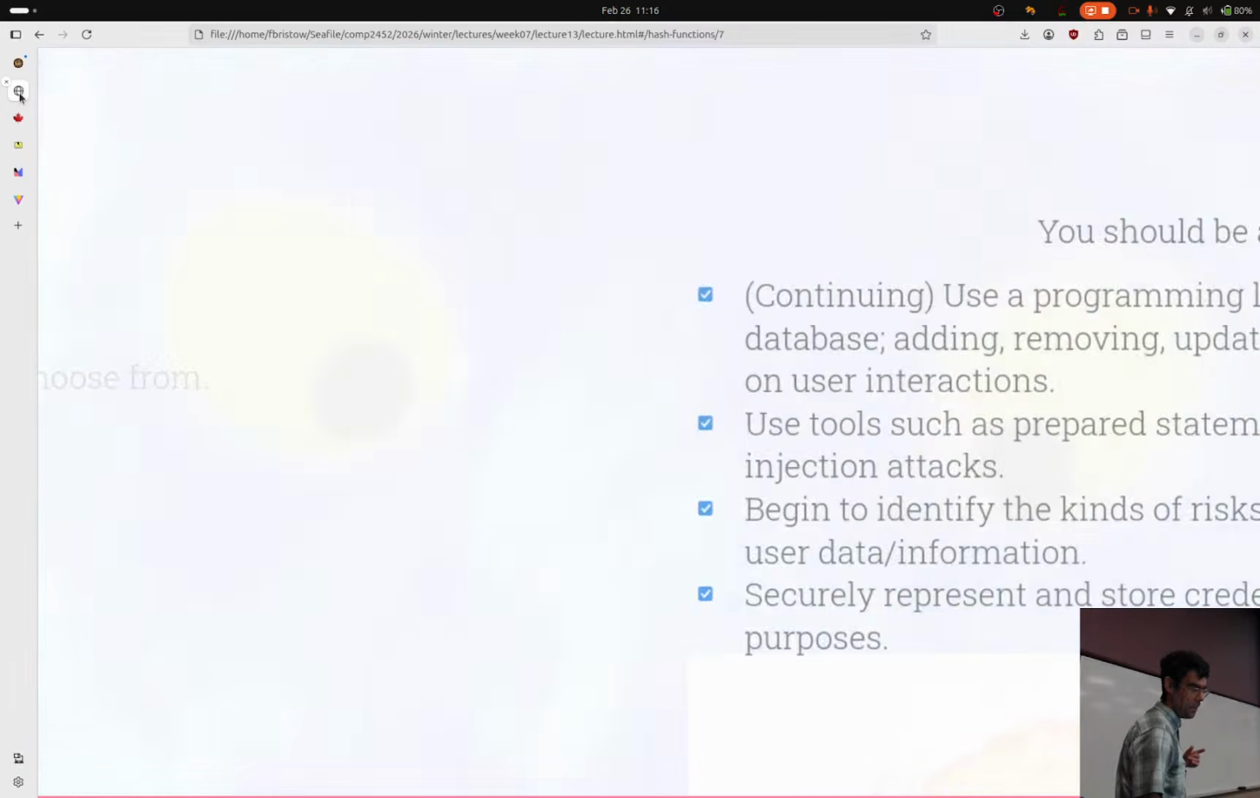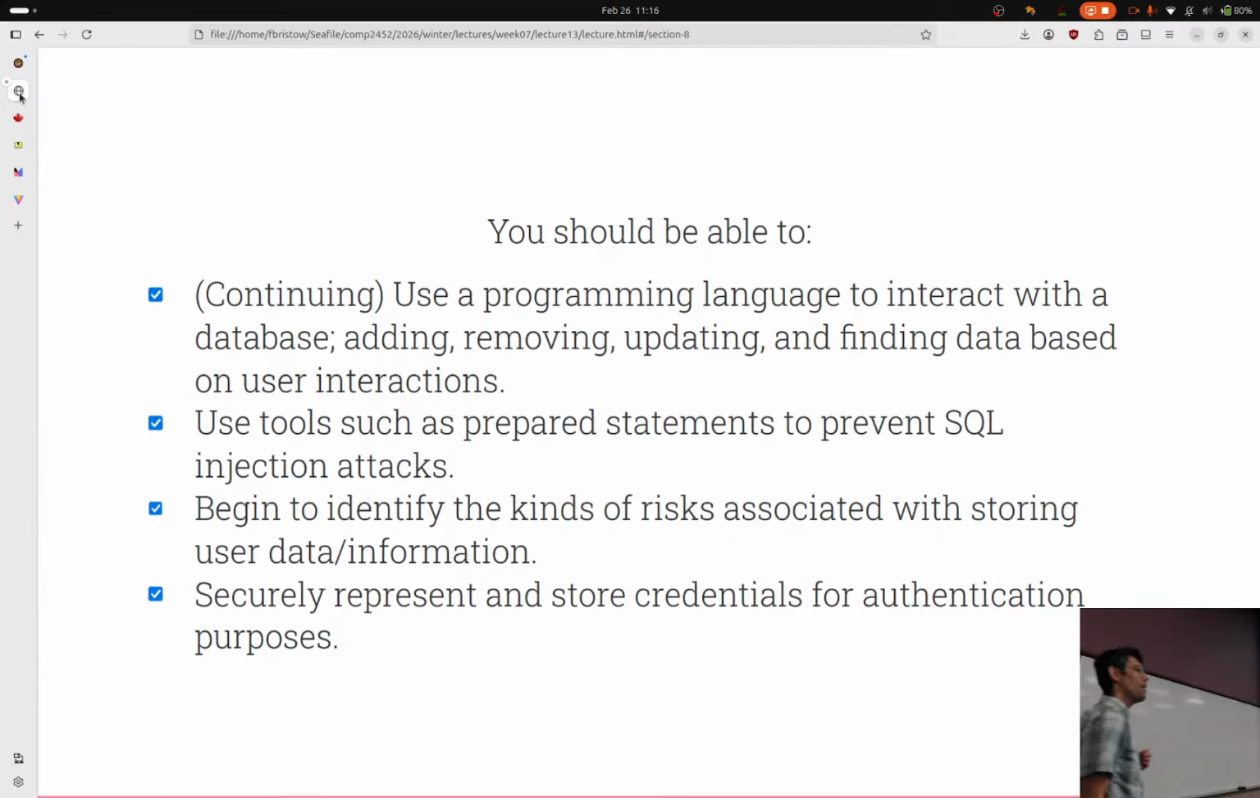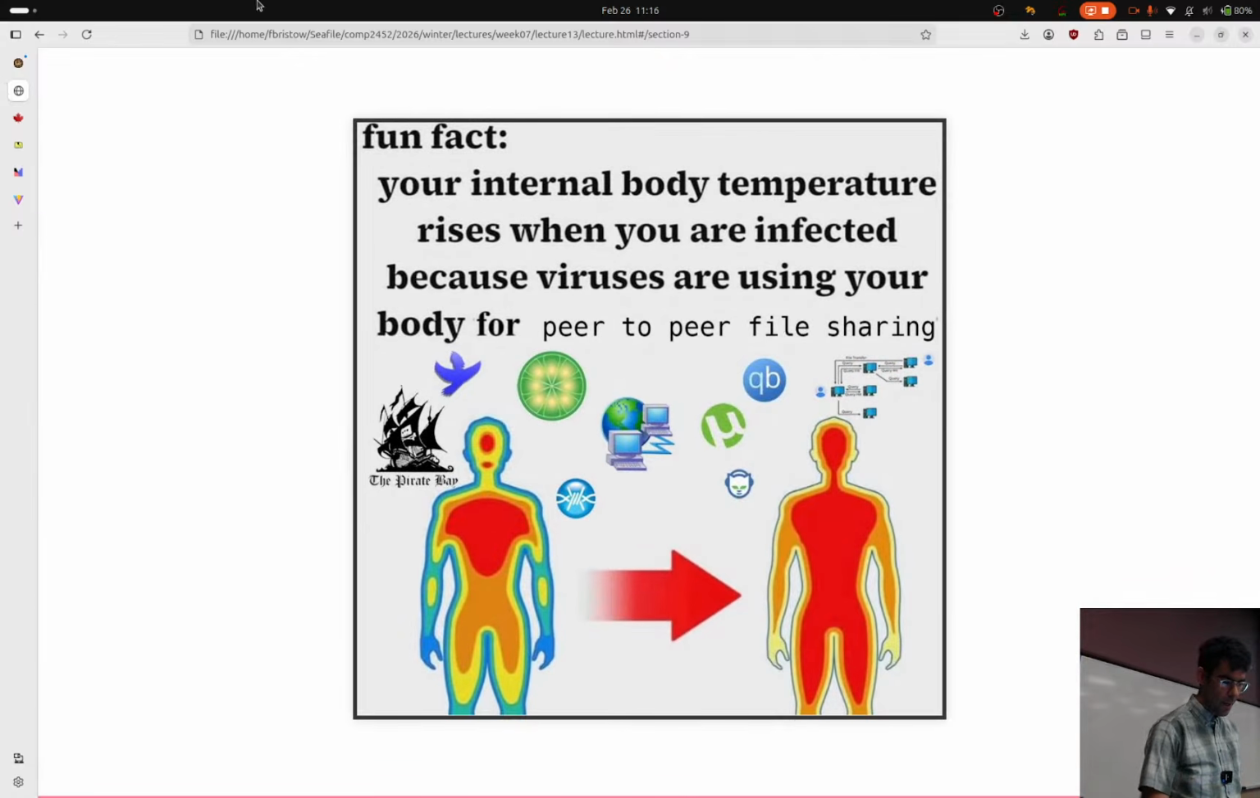Thank you all for coming along this really boring ride with me today. Like I said, I'll push this up to the course webpage, but at this point, you should be able to do lots of stuff with SQL and TypeScript. You should be able to use prepared statements, and I'll push that code up after class. And now you should also, at least beginning, be able to securely represent and store credentials for authentication purposes. Again, thank you for your extra time, and I will see you all